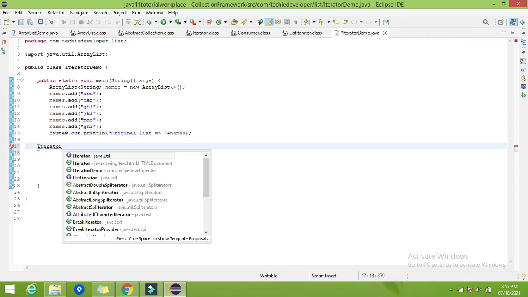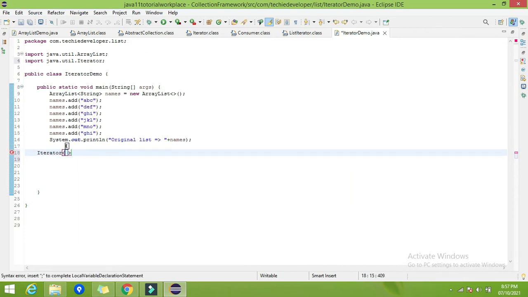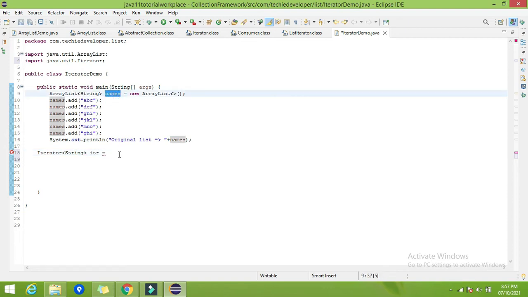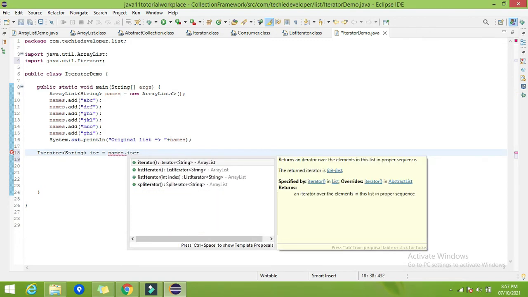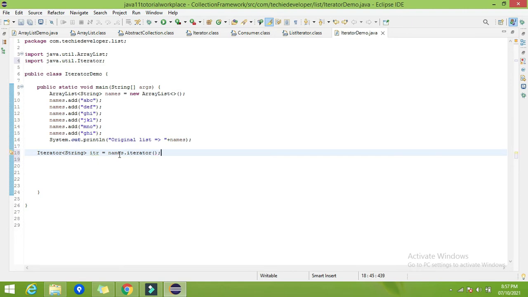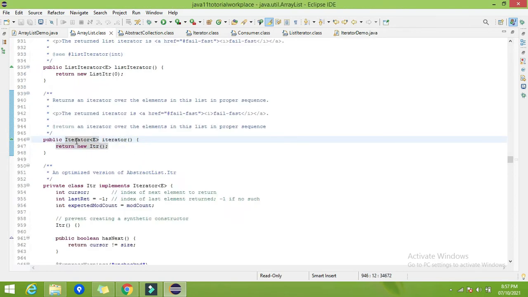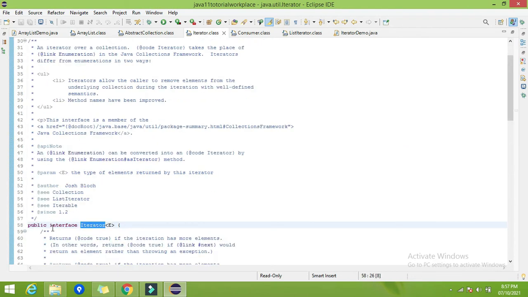Iterator of the type String, give the name as itr is equal to names, that is our collection list, names.iterator. If you go to the internal implementation of this method, you will find it is returning the iterator. So what is Iterator? Iterator is nothing but an interface available in the java.util package.